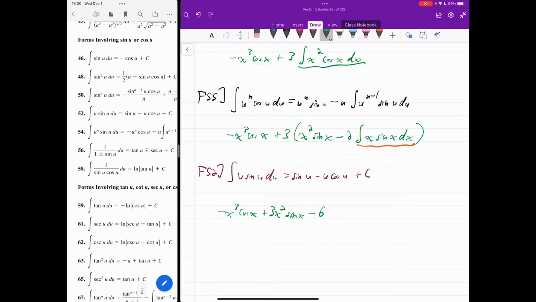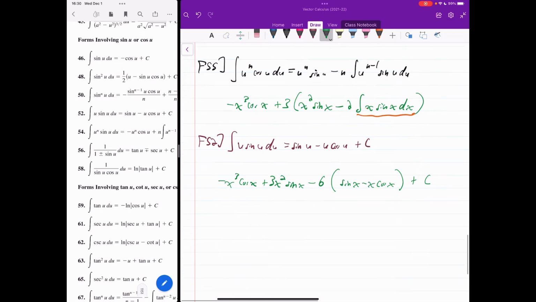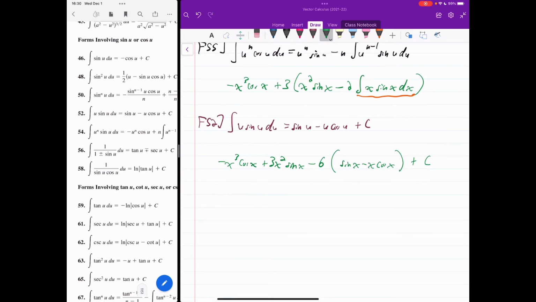minus 6. Then I have the sine of x minus x cosine of x and plus a c. And if I configure this all in a nice descending order, I get negative x cubed cosine of x plus 3x squared sine of x plus 6x cosine of x minus 6 sine of x plus